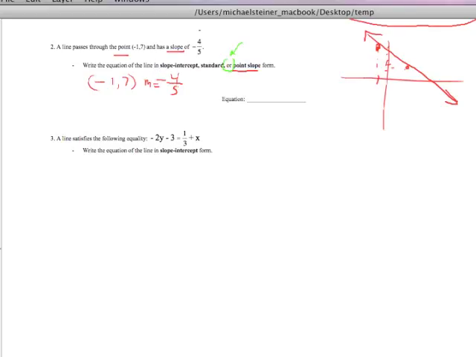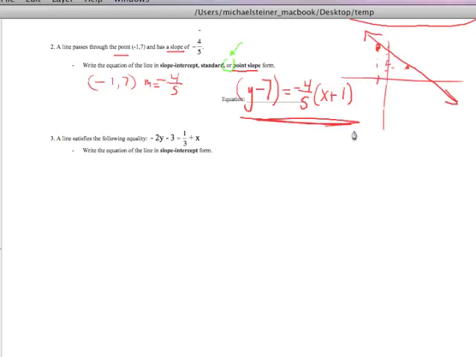Okay, so we have the slope, we have a point. If we have those two things, we just write y minus our y value, which is 7, is equal to -4/5, that's our slope, times x minus a -1, so I'm going to just change that to a +1. If you were to take this form and use good algebra, which I doubt 90% of you have at this moment right now,